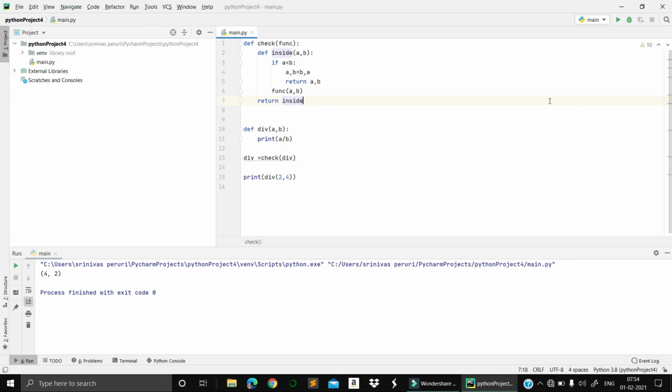After that we need to perform this operation. This div has been performed. Then here itself we need to have this one. I hope this works, right? If I run this code, I'm getting 2.0. It means irrespective of a and b, whether a is less than b or b is less than a, according to the numerator should be greater than the denominator. In such a case, I'm getting 2.0. So in this way, you can do a division operation using decorators.